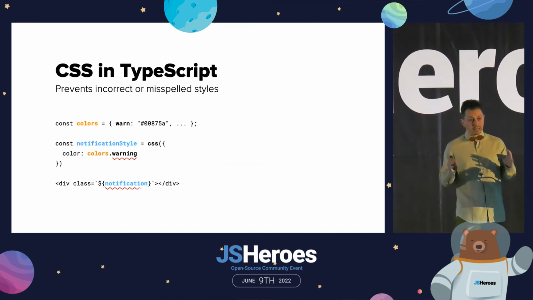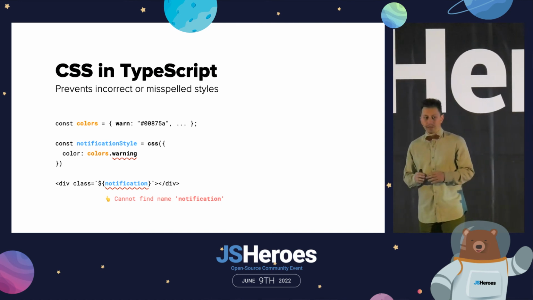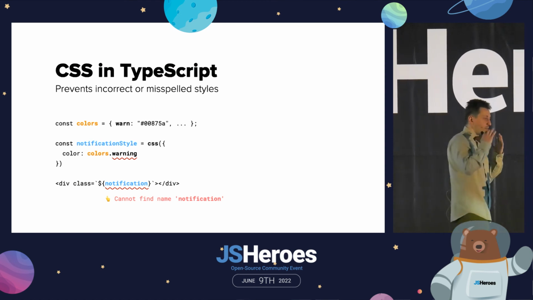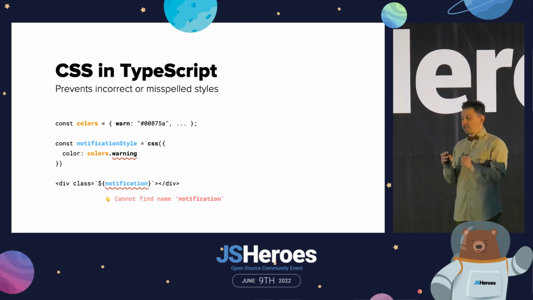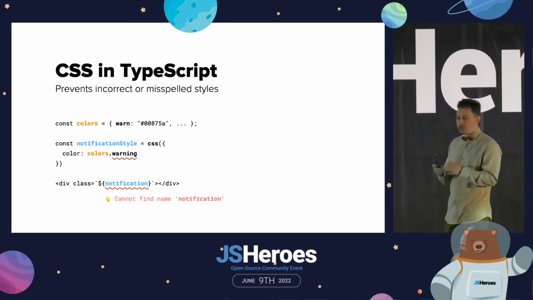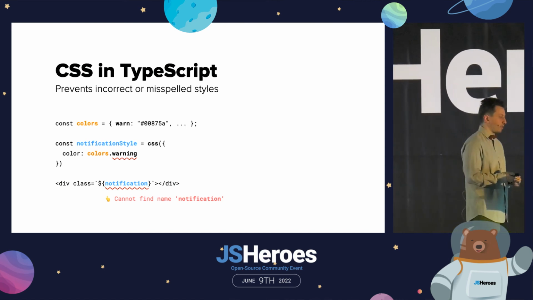Now, if we add static type checkers on top of CSS in JS, then it's virtually impossible to use any non-existing styles or any misspelled identifiers. In the end, everything with CSS in JS and with static type checkers is just JavaScript, plain JavaScript structures, identifiers, constants, objects. So any misspelled identifier will be instantly detected by the type system.